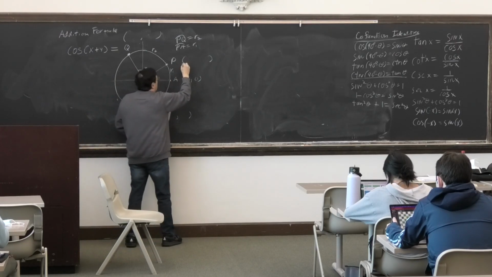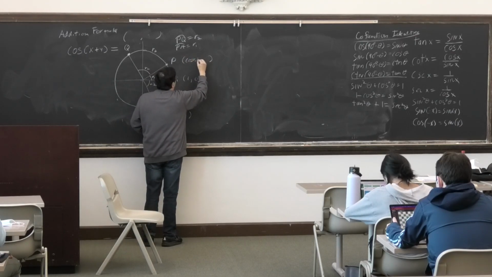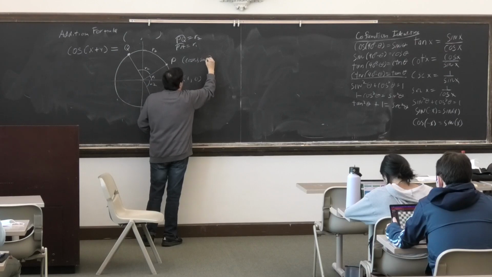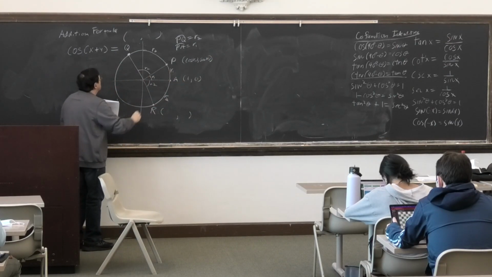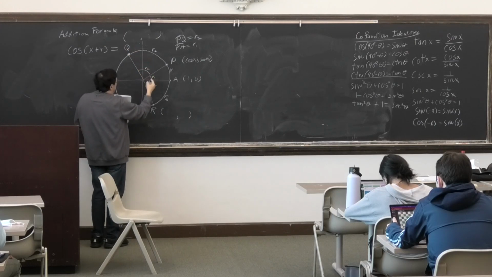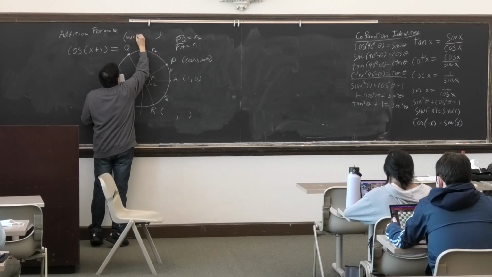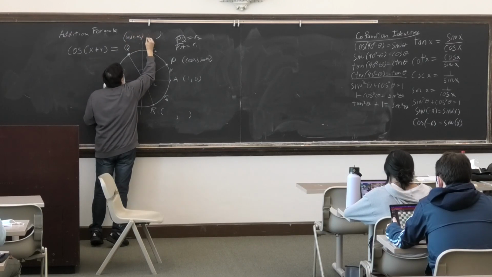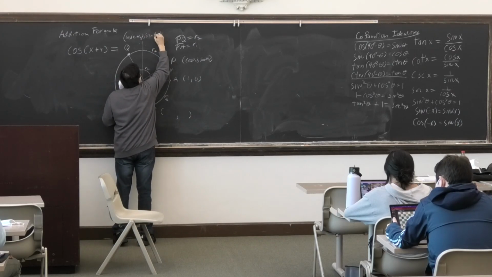P is going to have the coordinates cosine of R1, sine of R1. Q is going to have the coordinates, since its angle is R1 plus R2, cosine of R1 plus R2, sine of R1 plus R2,